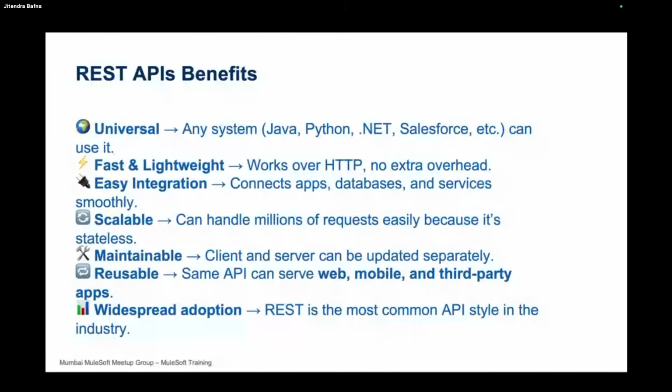But we can easily unlock the data from the backend systems using these APIs. One good advantage of using APIs is something called an API gateway, which sits on top of the API. For securing the APIs, you can apply policies like IP whitelisting and IP blacklisting. We're going to talk about everything in an upcoming session. I'm just giving a high-level idea and setting up the foundation for the further trainings.